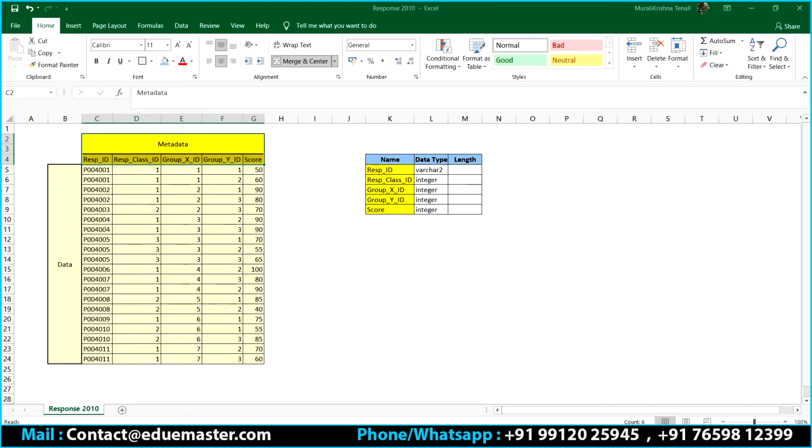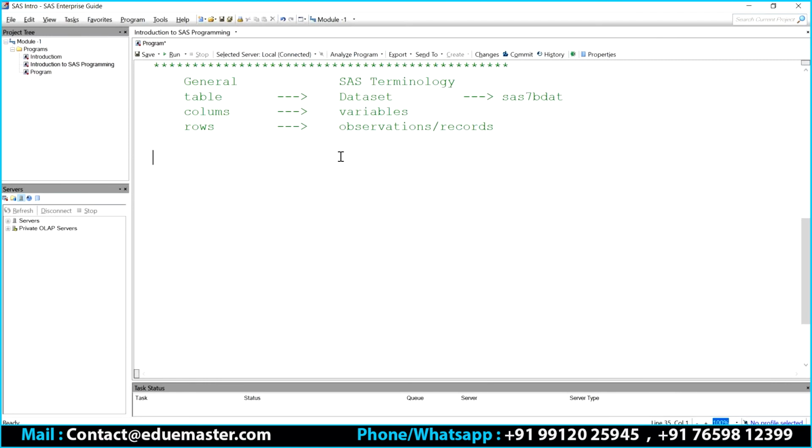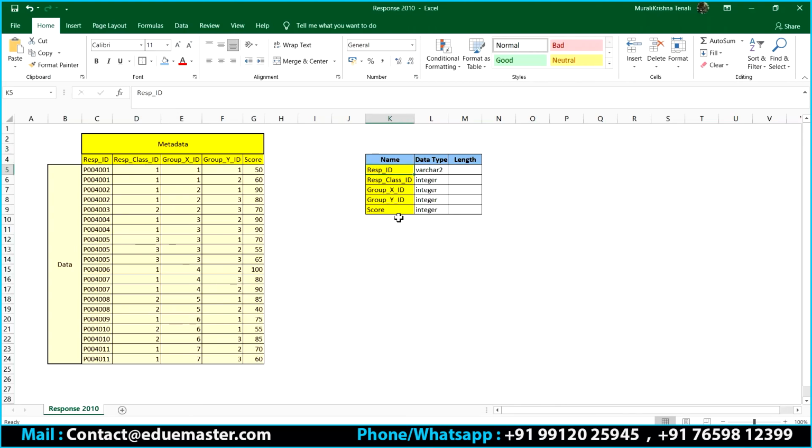So I can say that in SAS, I need to understand these variables, right? Because here I'm just going with the differentiation, correct? When it comes to other databases, I have so many things here.